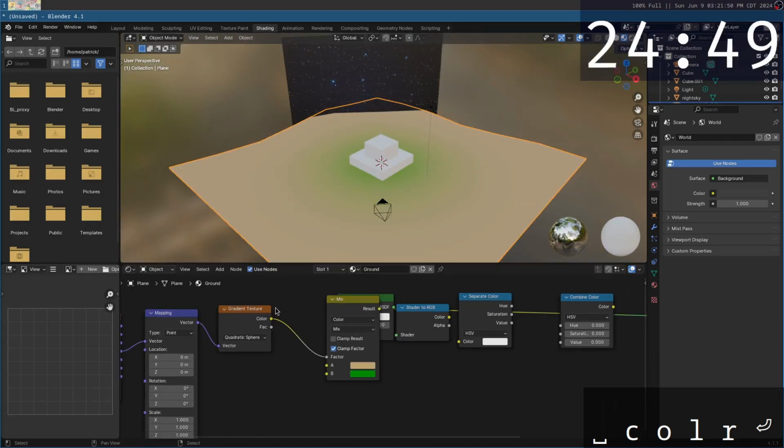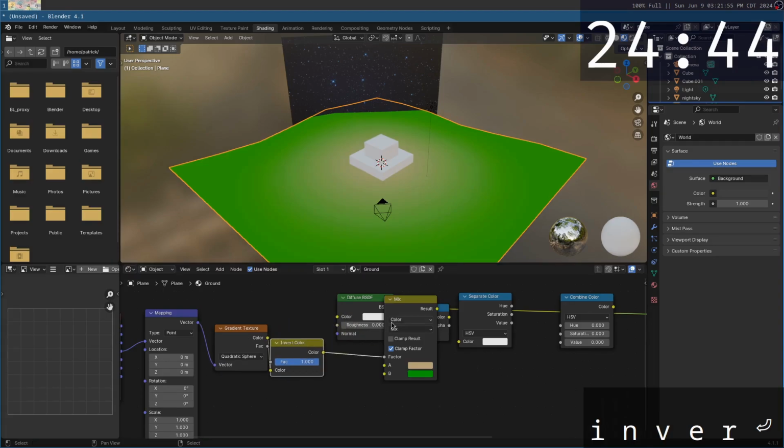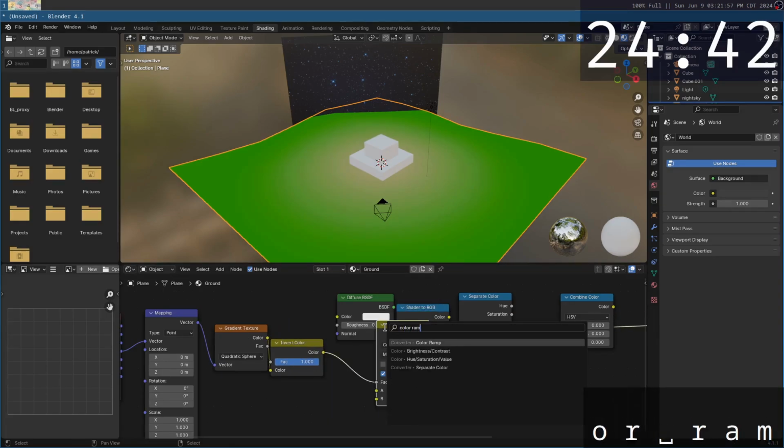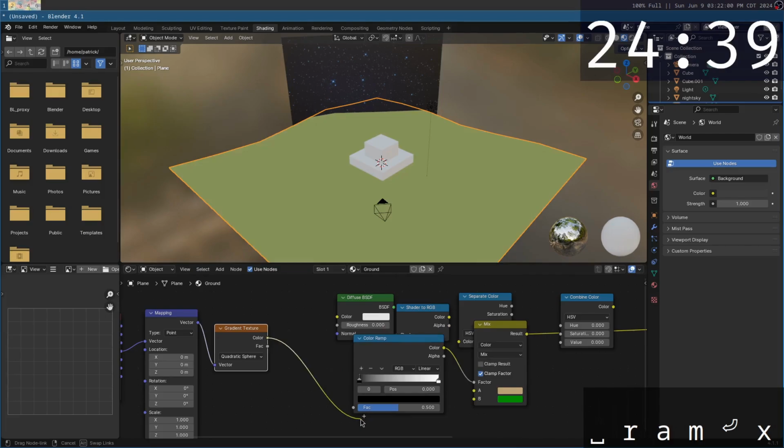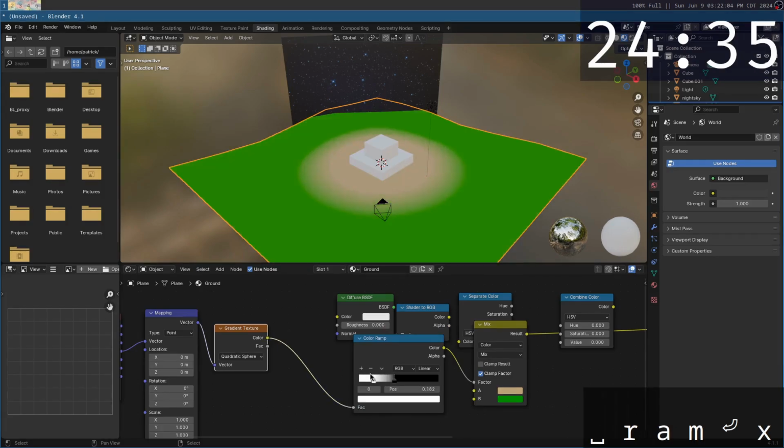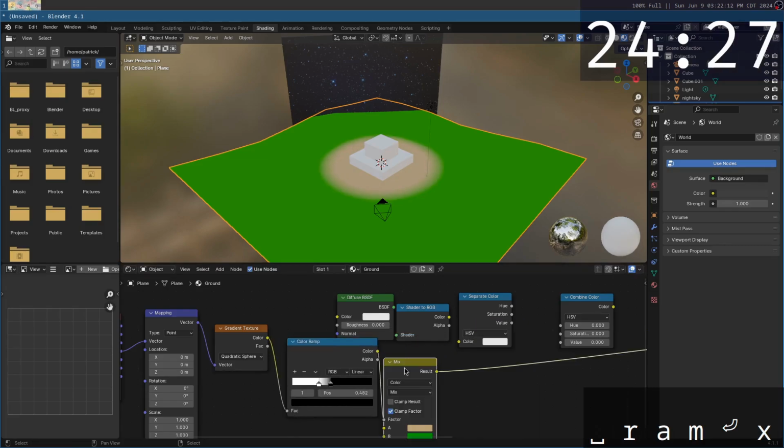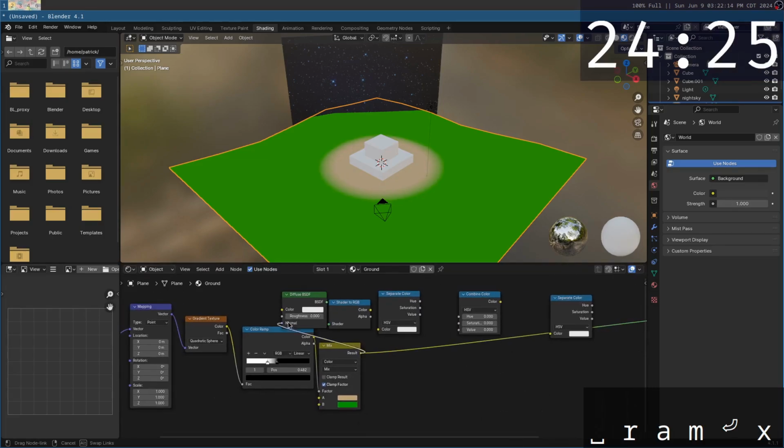So why don't we add like an invert, put that in there. Okay. And then I'll also add in a color ramp, and we'll get rid of this invert now because what we can do instead is just flip these like that. And now we can sort of just tune in the size of this. Okay, perfect. Now we'll add this color into the diffuse BSDF, because I do want this to be impacted by